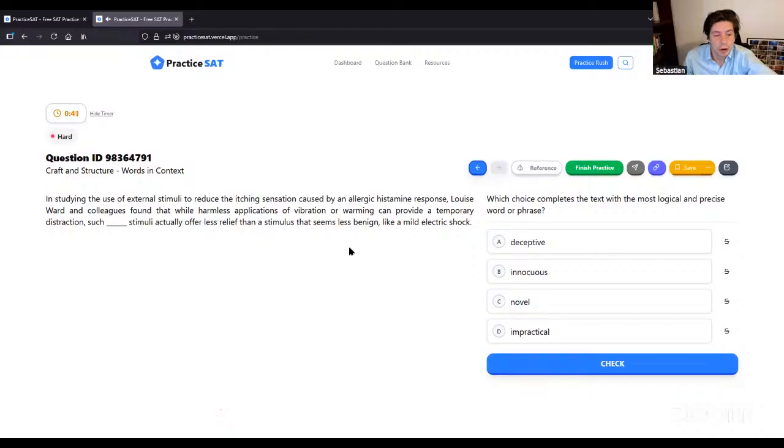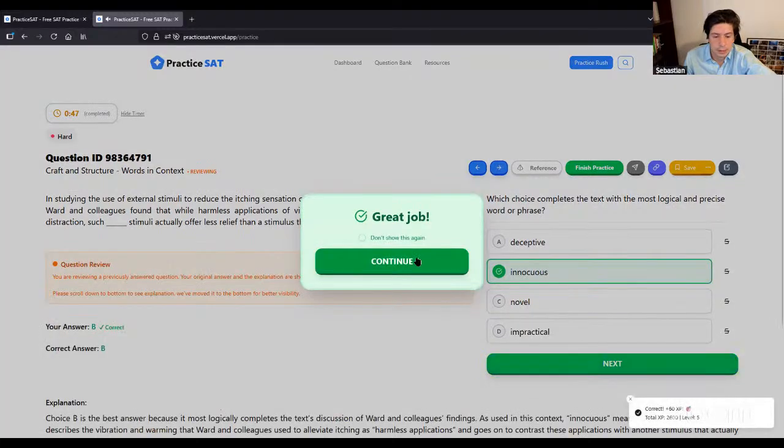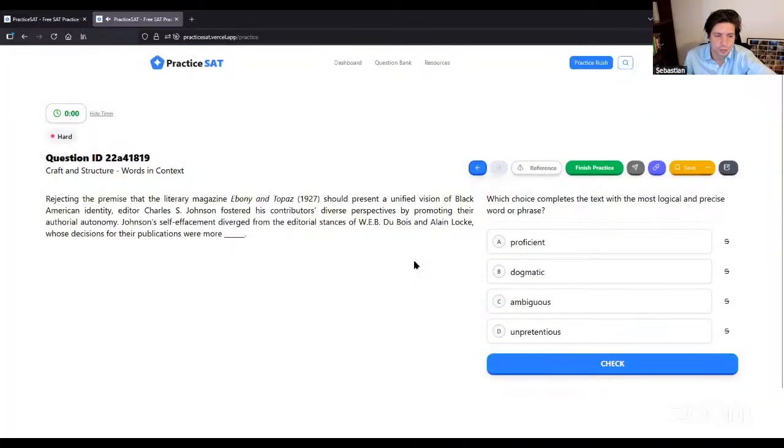So we're told it's harmless, so it should be innocuous, because those both mean benign or harmless. They're not going to do any pain. Oh, this is a tough one. Let's do this one. This is a tricky one. So,